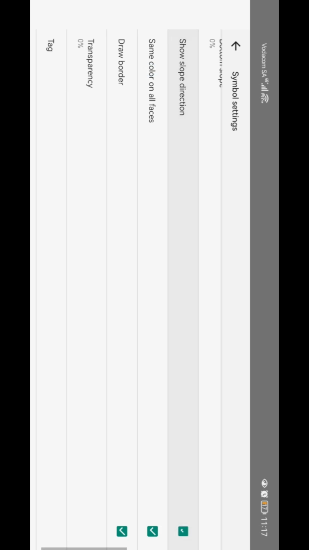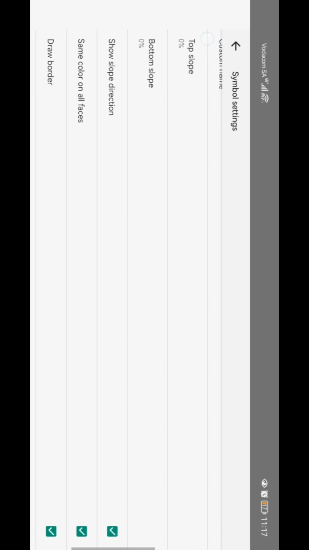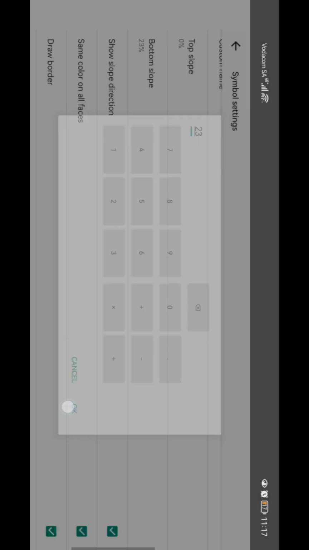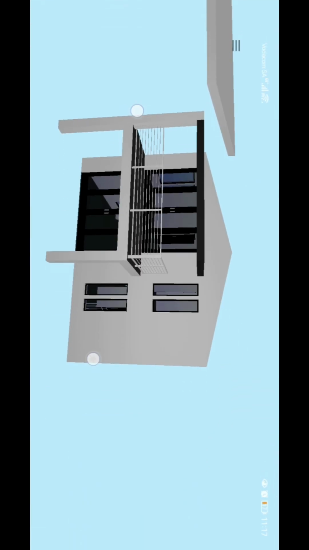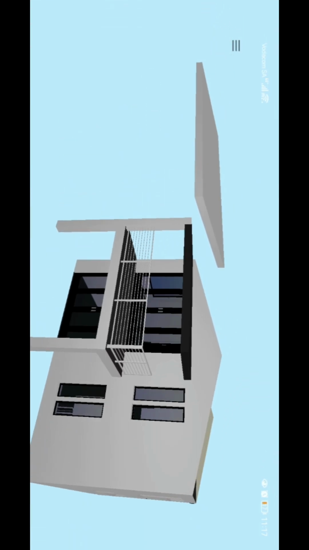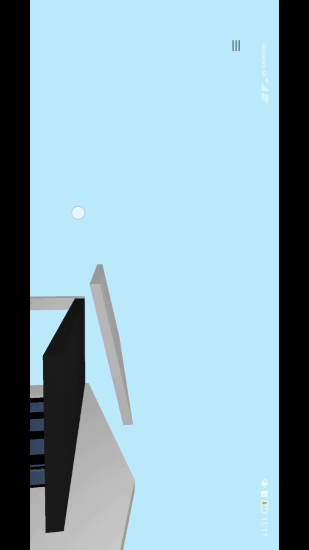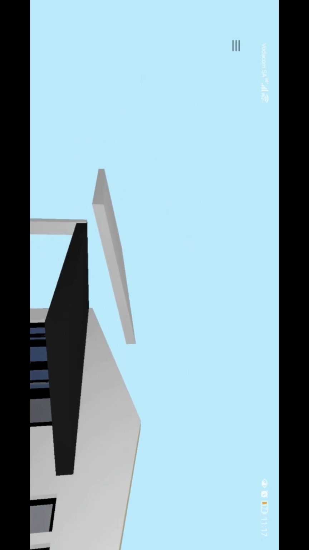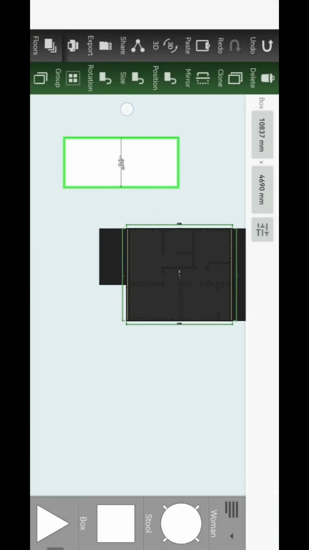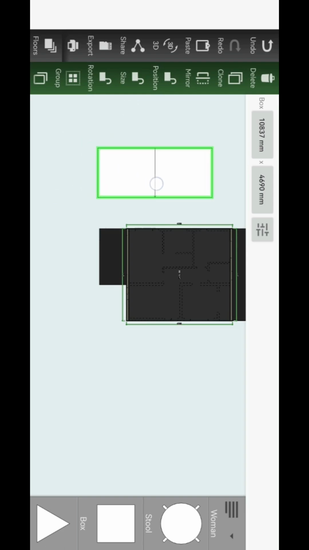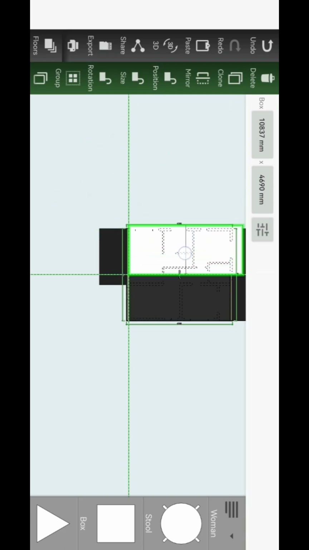and we'll click on show direction, and then we click on show slope direction so we can see which side is our roof sloping to. And then now I'll change both my bottom slope and my top slope to 23%. Then my roof is basically sloping to that direction, so I'll place it at the middle where our two walls join,